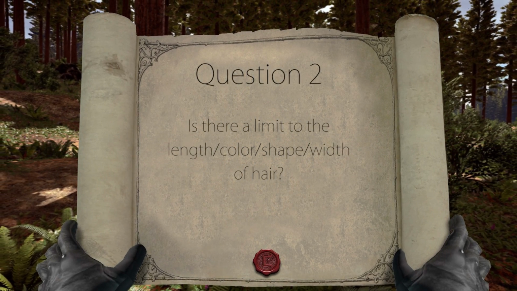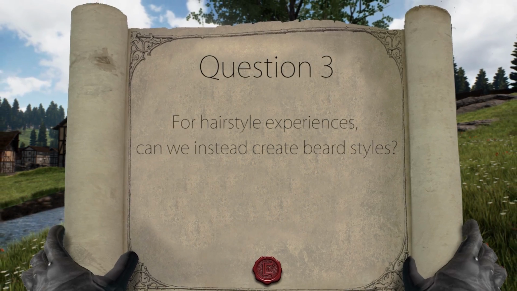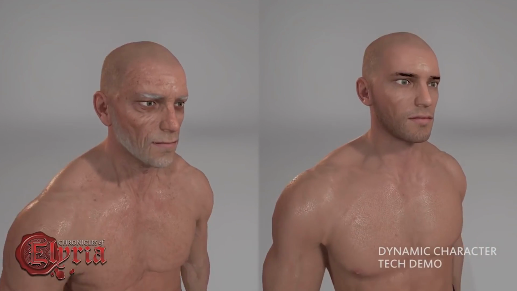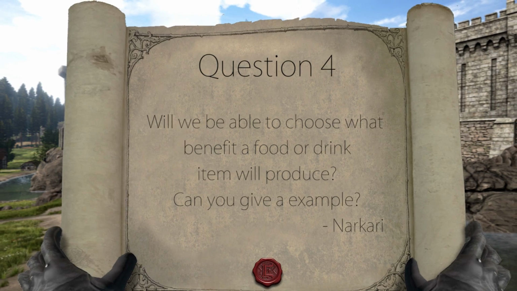I would say we don't really have any constraints defined for the hair yet, but I think we would probably end up doing something like waist length at maximum. I can't see it going below that, maybe even mid-back. I think as long as it fits into a reasonable fantasy theme, it should probably be supported. We talked about beard stuff at one point, and I was talking with Van about it. Yes, I think we'd be fine with doing beards.